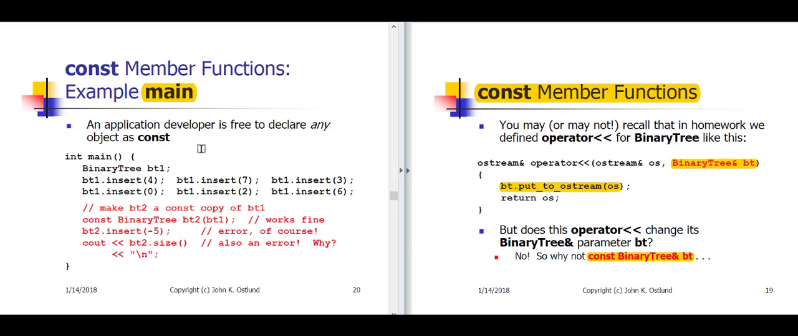We, as the developers of a class, have no way of preventing an application developer from declaring any object that they want to be const. For example, here we have a non-const binary tree object bt1,